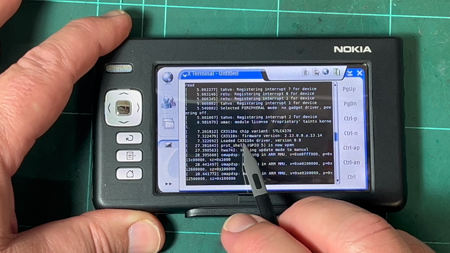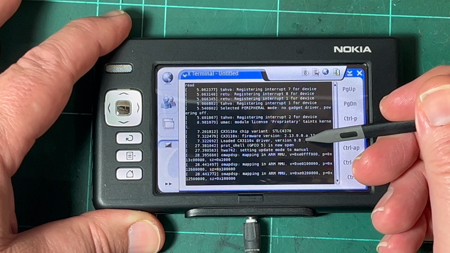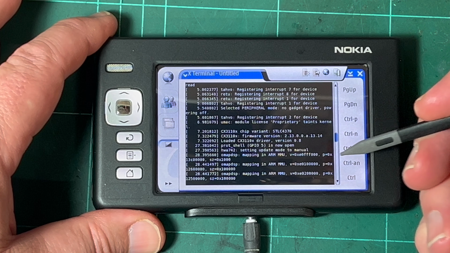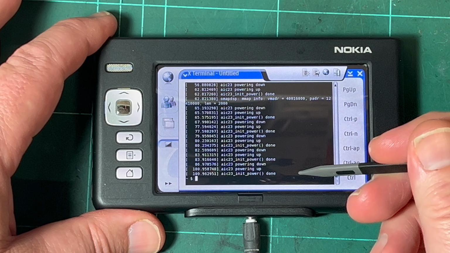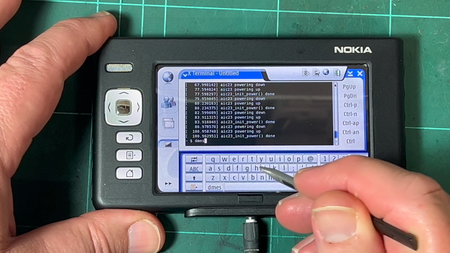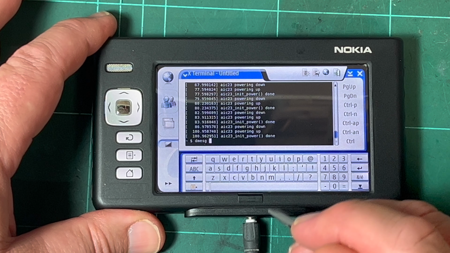Loaded driver CX3110 driver version 0.8. So when I've got the patch loaded, I think there should be additional text there. So let's see if I can do a message, and then I want to